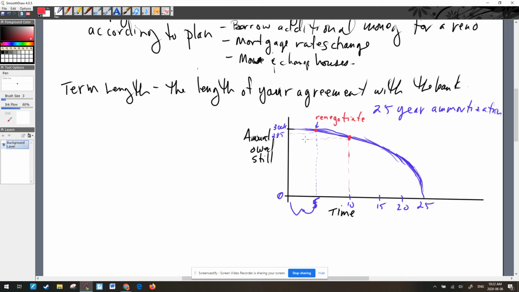So now this one, you paid off more. So this time you only paid off 15,000 in that chunk. Maybe over here you do 25,000 and you get down to 260,000. And then you get another 5-year mortgage, 5-year term, right? So each one of these things, this is a term because that's how long your negotiation with the bank is, and this is a term.